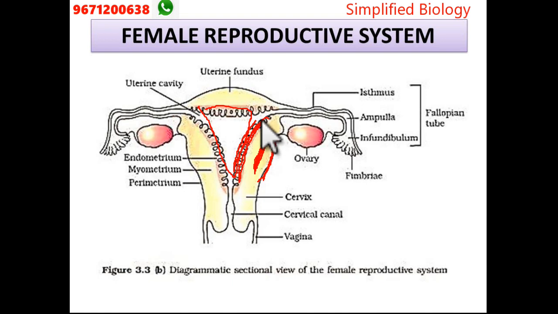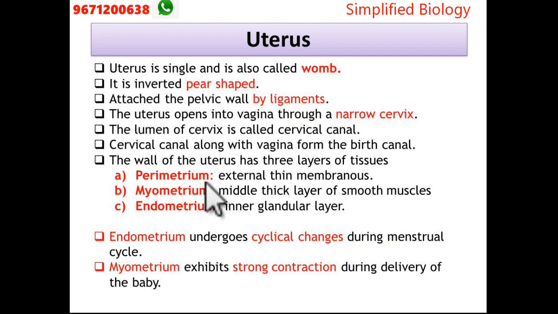So it has the tubular gland. The endometrium has the tubular gland, and also the ciliated columnar cells. It has a rich blood supply. Clear? Everybody clear? Right beta. The myometrium also plays an important role in the delivery of the baby because muscles are there, so it helps in the labor period.